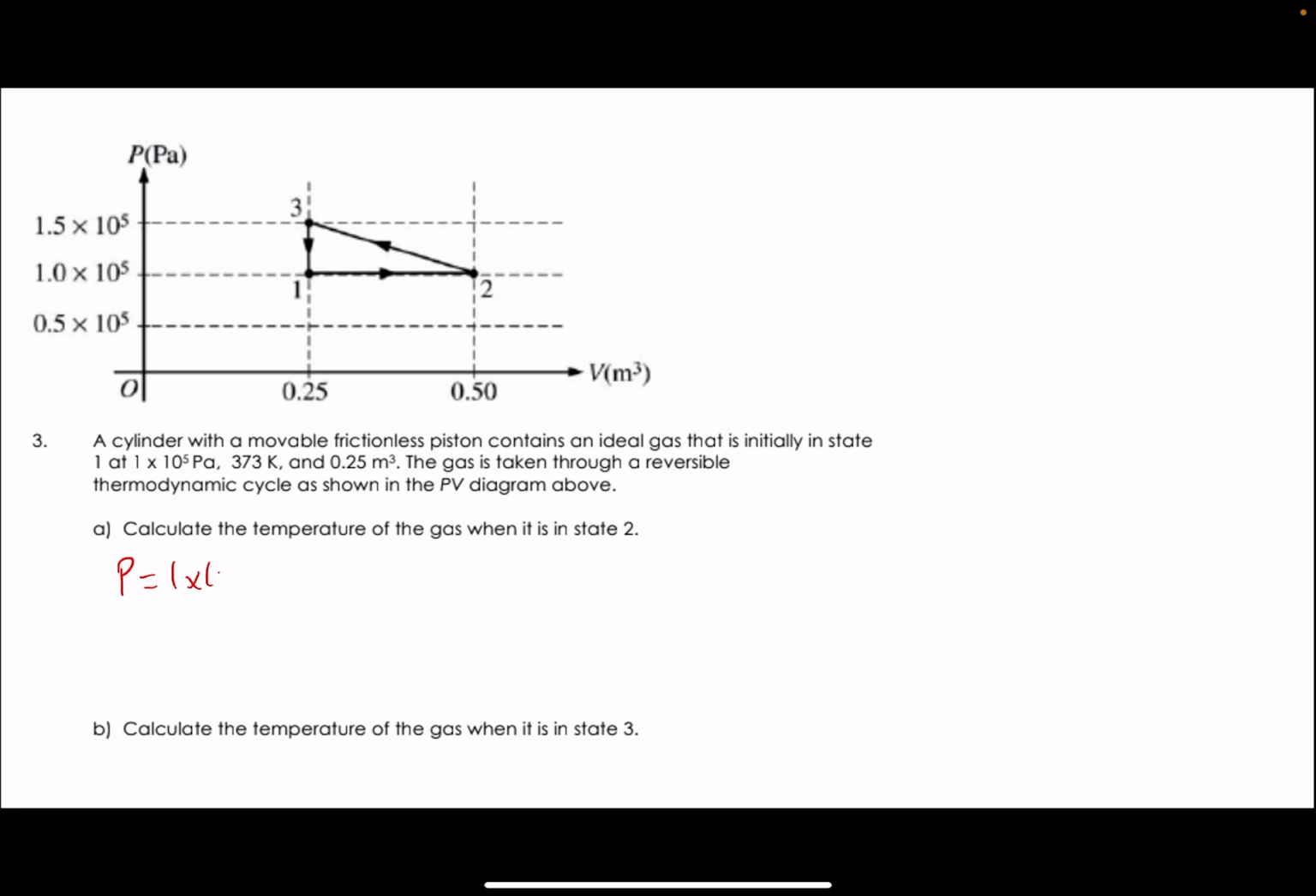P is equal to 1 times 10 to the 5th again. V is equal to 0.25. And then T is equal to 373. Okay. If we're not adding moles or anything, so n and R are staying the same, a little shortcut we can do is, because n and R are unknown and they're staying the same throughout the entire process, we can just shortcut this and say PV equals T. Okay? And that's totally fine. We're allowed to do that. Then,